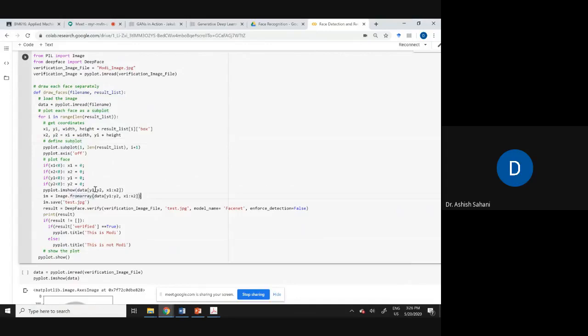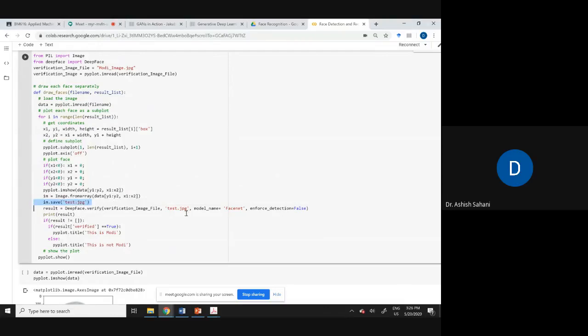It is taking a sub array from that full array of the image, a region of that face, and that is saved in the test.jpg. Every time in the loop it is saving it, because deepface.verify does not take a variable, it takes a file name. So I had to take that face image and put it in a file named test.jpg. This file is replaced for every iteration of this loop.